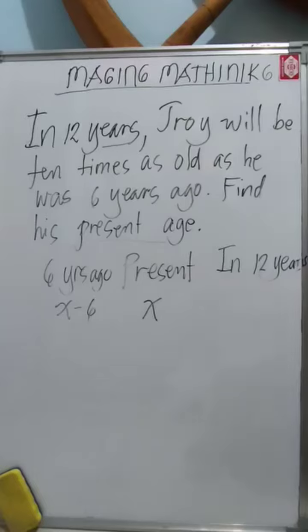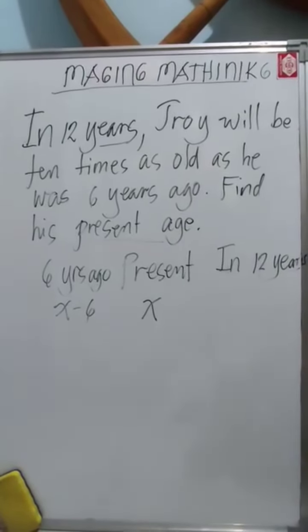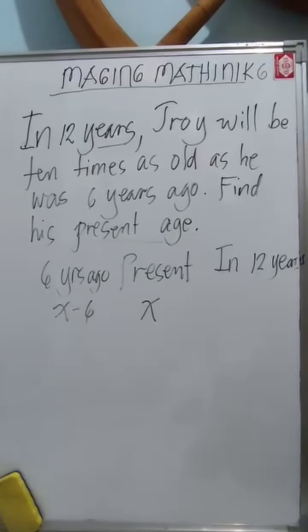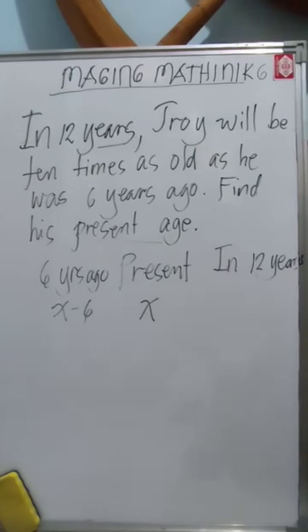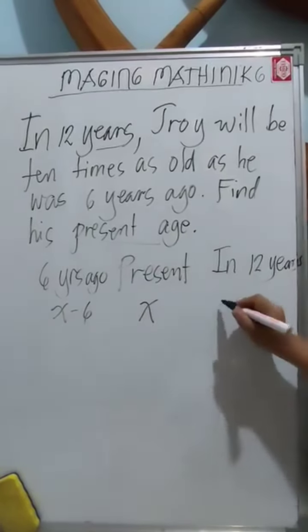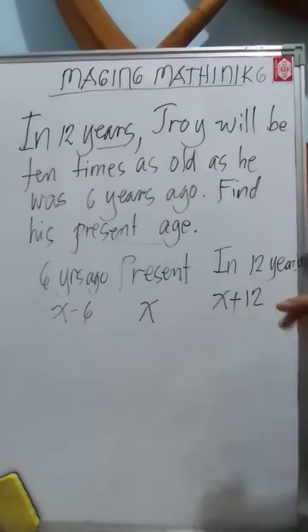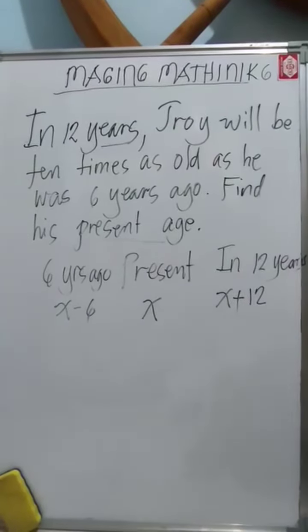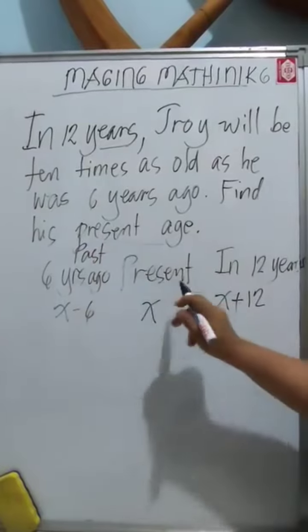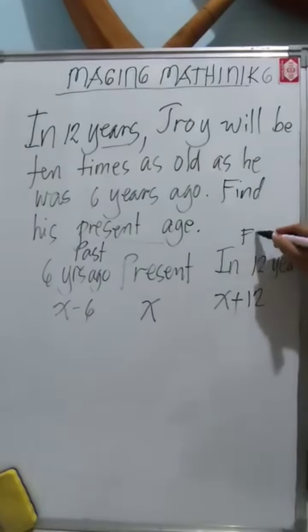Now, how about your age in the future? So in 12 years' time. If your age now is 20, what would be your age in 12 years? Will you have to add or subtract? For the future, we have to add, and our reference would be our present age. So let us recall how many stages of life do we have. We have the past. Okay, this is the past. We have the present. And then we now have here the future. Which do you think is